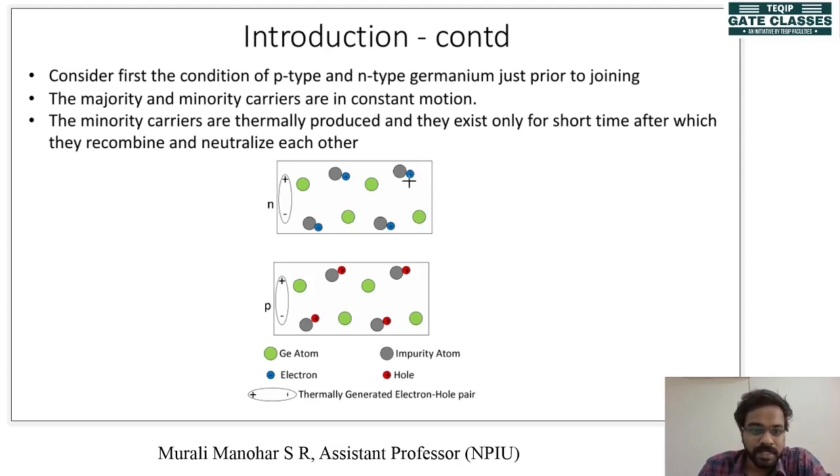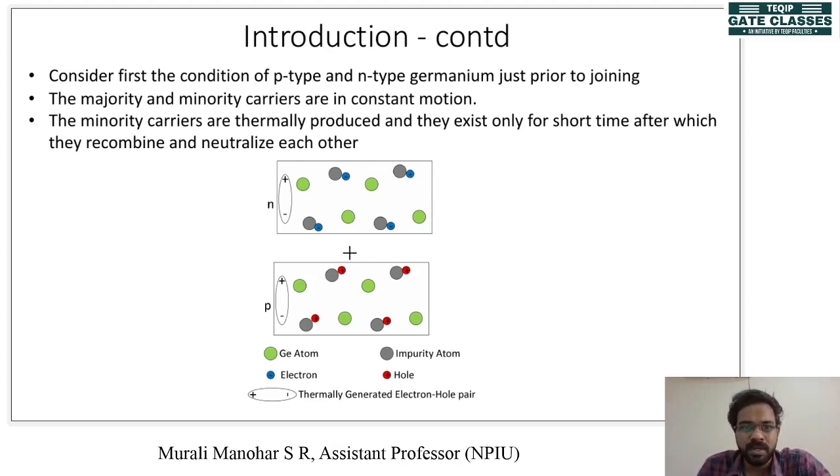In the top picture, you have an N-type material. In the bottom picture, you have a P-type material. For N-type, we have added some pentavalent atoms. These gray colored things are impurity atoms. Pentavalent impurity will add a free electron. So this is the free electron. Then in a P-type material, we add a trivalent impurity, and that trivalent impurity will produce a hole, and a hole is actually a lack of electron. Then these electrons in N-type material and holes in P-type material are called majority charge carriers.